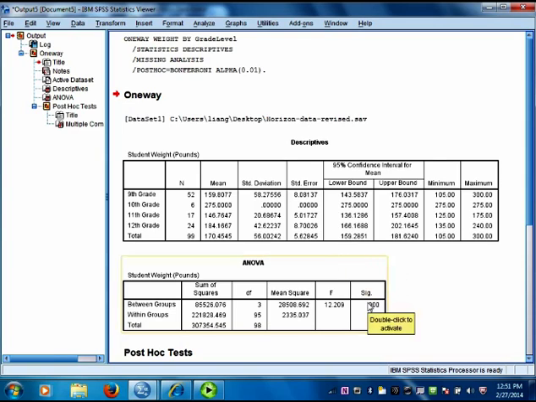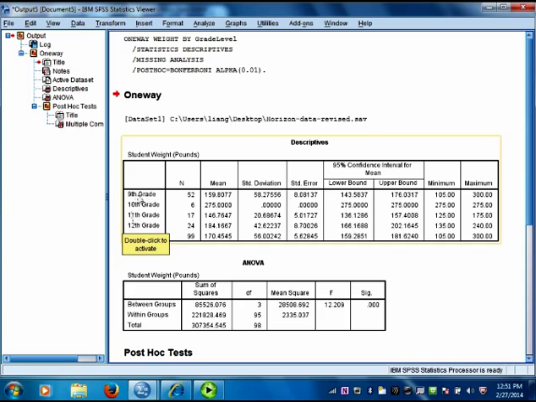So we can say there is a significant difference on average weight among the 4 grade level groups. In other words, we are very confident about the differences we observed here, and there's only 1 out of 1,000 times error involved in these observed mean differences. So if this is the case, we have to do further analysis to identify which group is significantly different from which group. There are 4 different